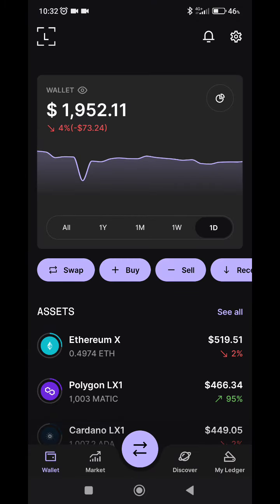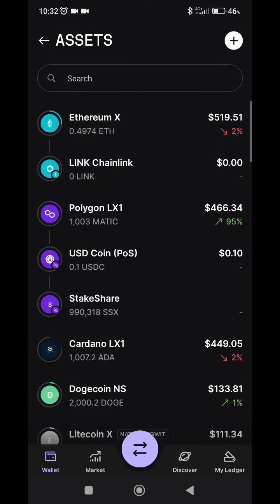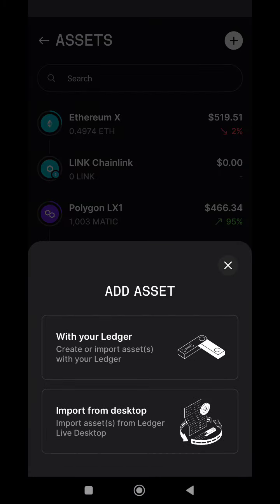You need to click here, assets, see all. Then you are inside assets. Then click on the plus symbol, and here you can import from desktop or with your Ledger. I will choose the option with Ledger,